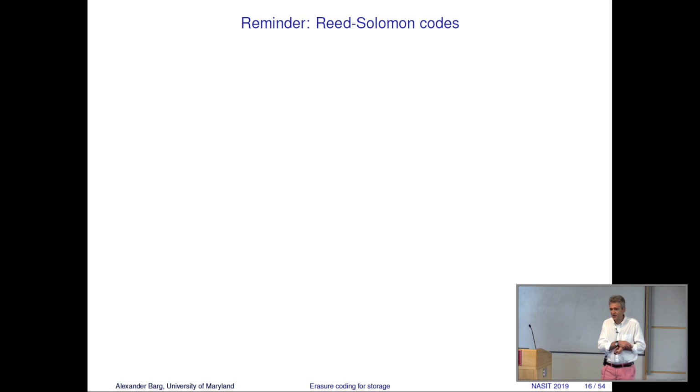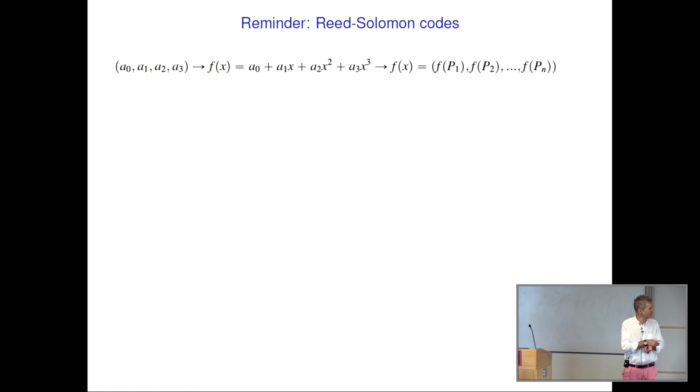Another reminder is Reed-Solomon codes. Reed-Solomon codes are defined over finite fields. So it is good that we have reminded ourselves of those. Let us say we have four symbols of data. I'm now not using the word bits because the field will be of a larger size. So 4 symbols of data from some finite field. We need to encode them into a Reed-Solomon code word. As we did before, we encoded 3 bits into 7 bits. So let's encode these 4 symbols into some number n of symbols.